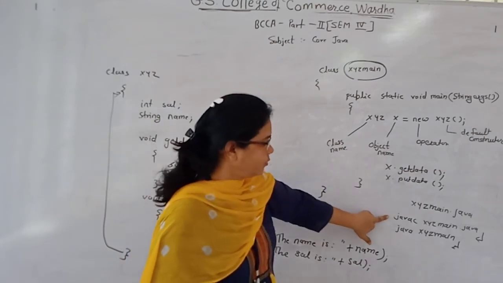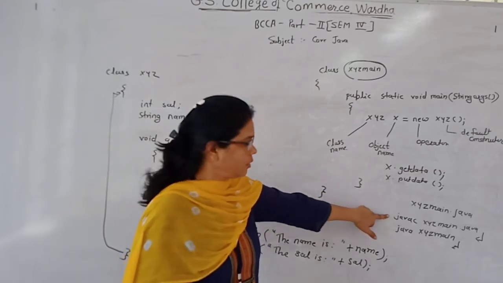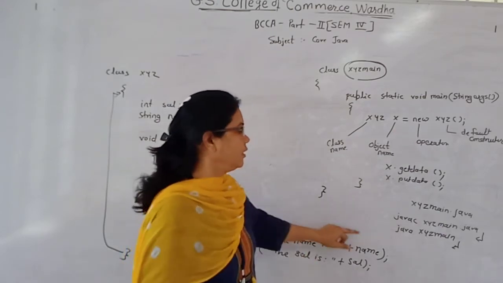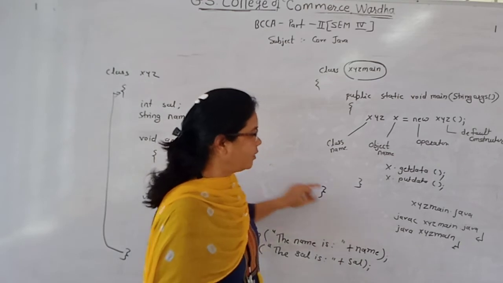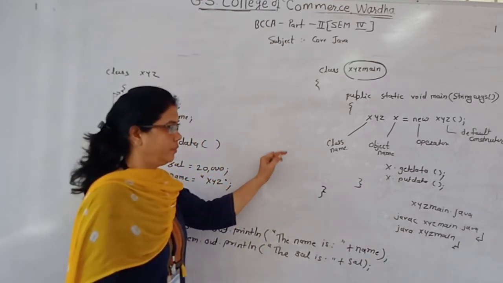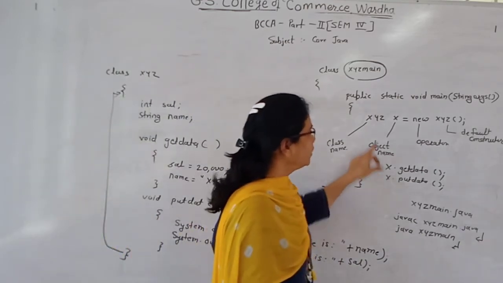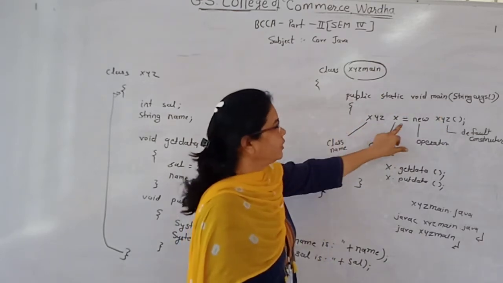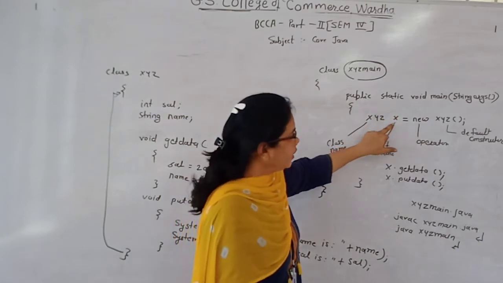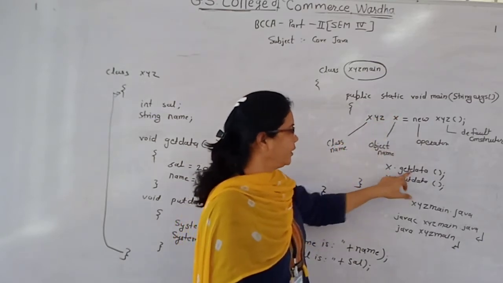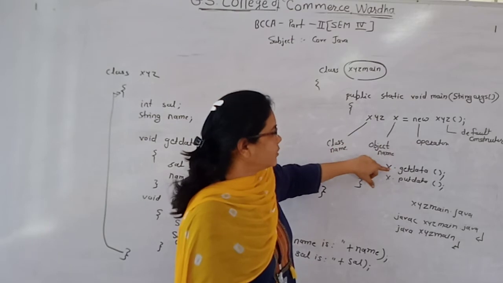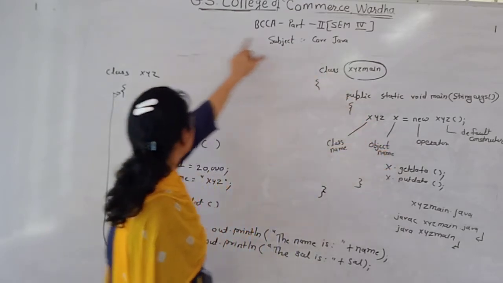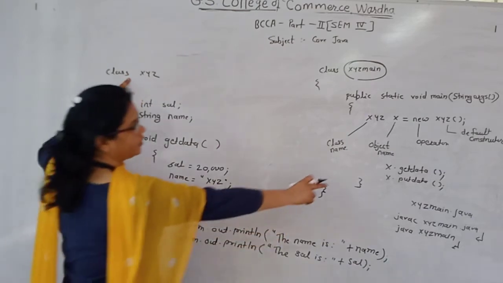How will this particular program compile and execute? After using this command, this program will compile. If there is no syntactical error, then it will create our class file. The execution of this file will be like this: first the main function will be called. After that it will create the object. With the help of this object, it will find the get data. The x comes from xyz, and xyz is a class, and this class is here. So get data